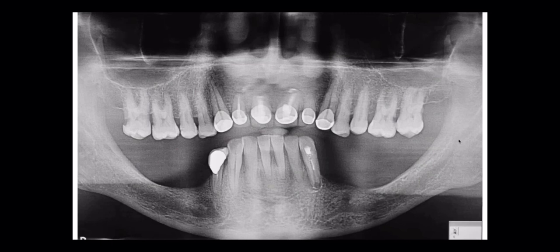Okay, this is a more complicated situation. This patient actually consulted me maybe 3 years ago. He told me that he went to many dentists because he wanted to have a fixed solution in the lower jaw, and he couldn't have it because there was no bone on the right and on the left side. You can see that the height of bone here is really not sufficient to place any implant. It was like maybe 4 to 5 millimeters above the